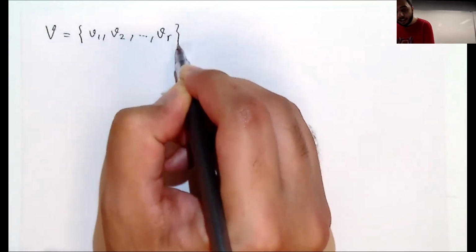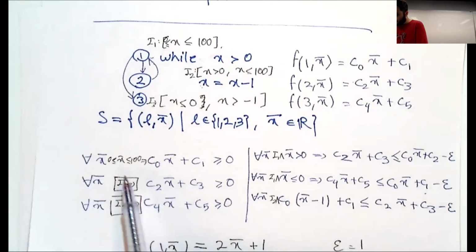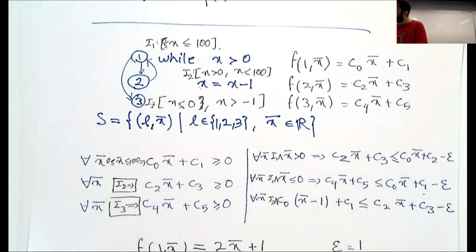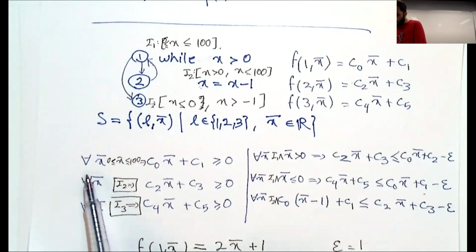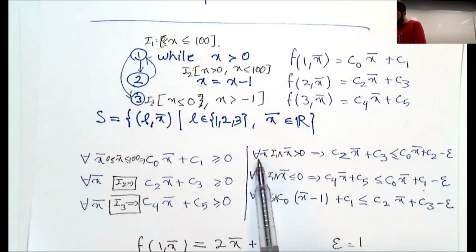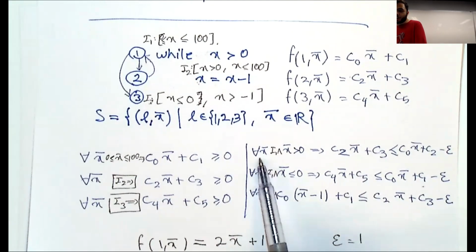So in that example, I had only one variable x, right? So what format do these constraints have? They all have this universal quantification over valuations, right? So they should all hold for every value of the